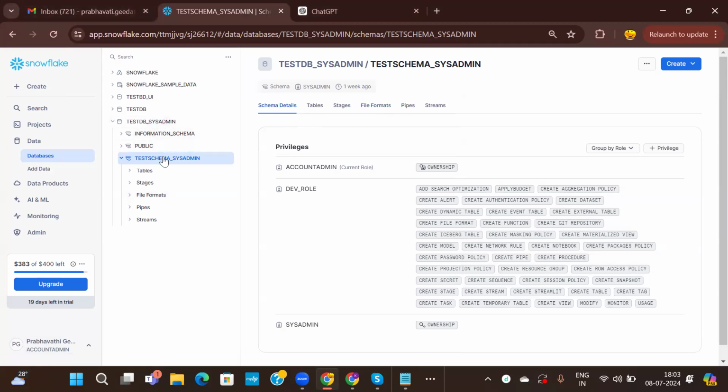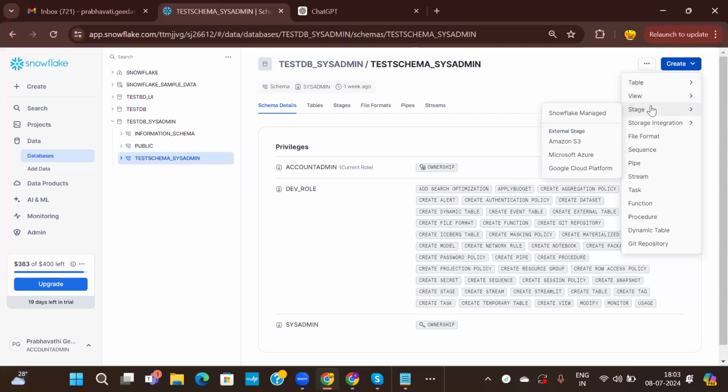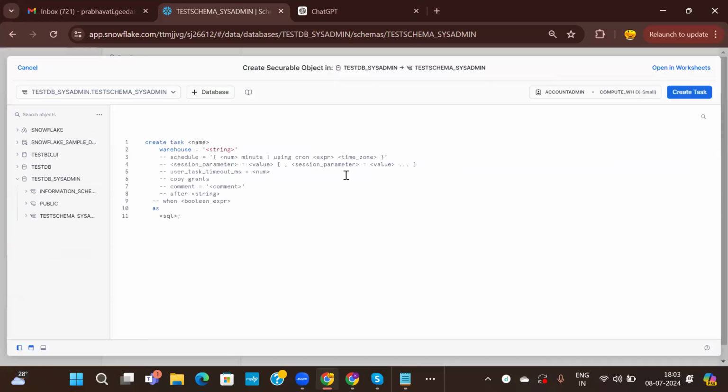So inside the database and schema, I'll click on create. Here we have this option task. Okay, here we can create the task. It has given the syntax. We just keep the names here. Create task. Task name is